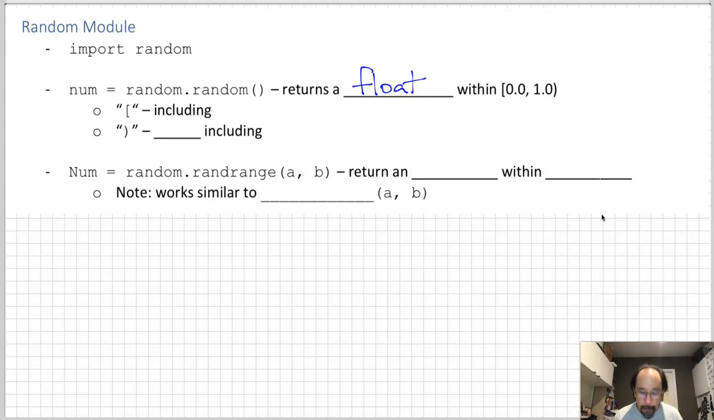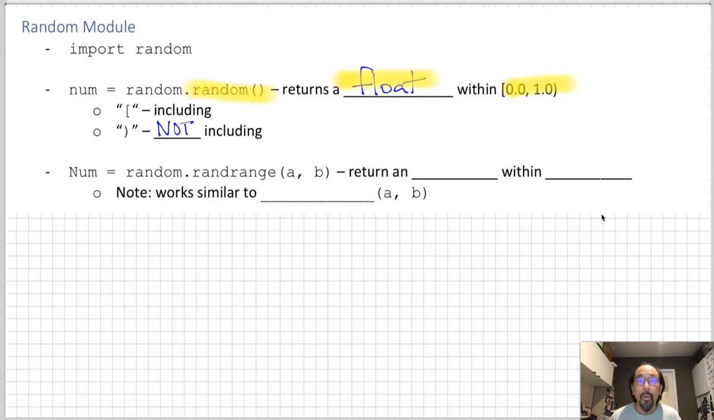Let's now look at the actual Python library that supports it. What's it called? It is called the random library. So we import the random library, and then we start using the functions inside of it. Now we're going to learn about two specific functions. There are more, but we're going to learn two. The first one is called the random function, which generates a floating point number between 0 and 1. And I'm using math notation here with the bracket and the parentheses, where the bracket means including the 0, but